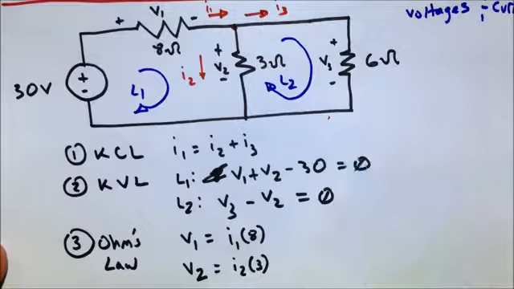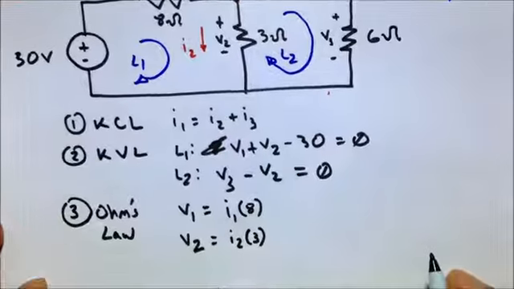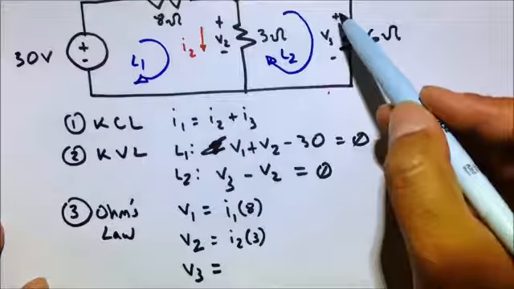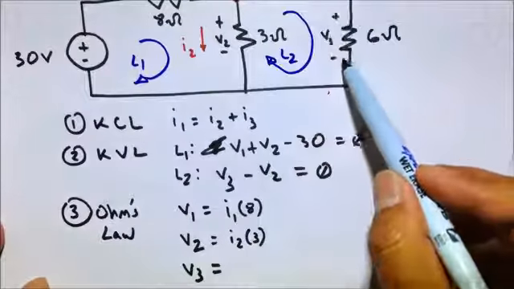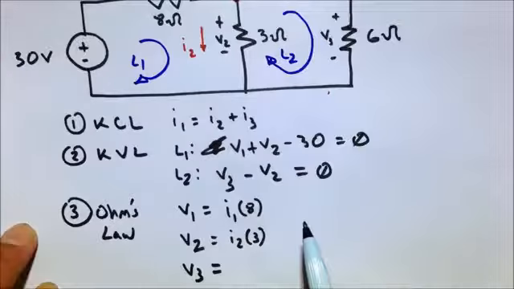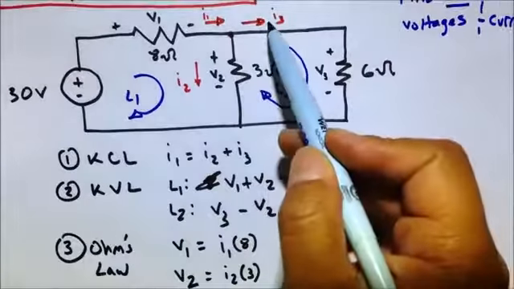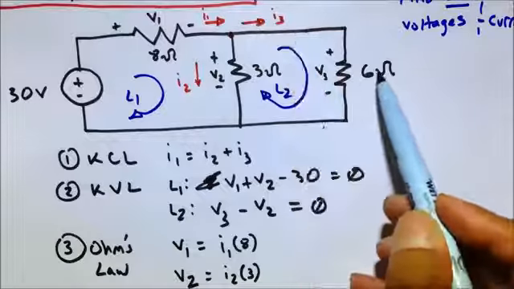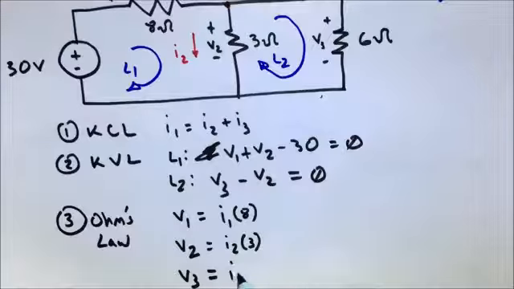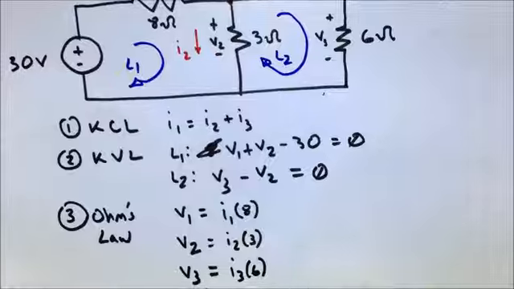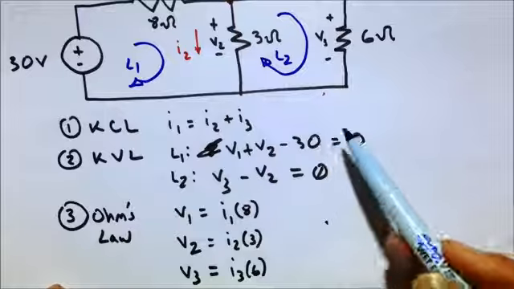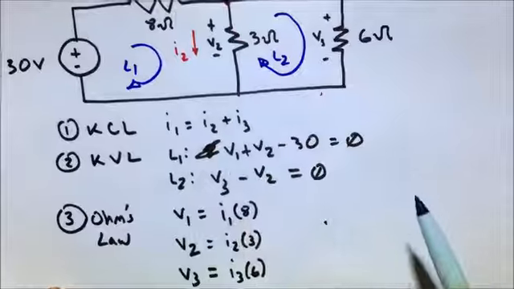And then we have one more relationship we can write that maybe you cannot see. There you go. V3 equals I, and we define this I that's going through this resistor as I3, way up there from earlier in the video. I3, that's the current going through here. So I3 times this resistance, which is 6, right? So I3 times 6 equals that voltage drop across there. Well that's better. Okay, because now we have 1, 2, 3, 4, 5, 6 equations and 6 variables that